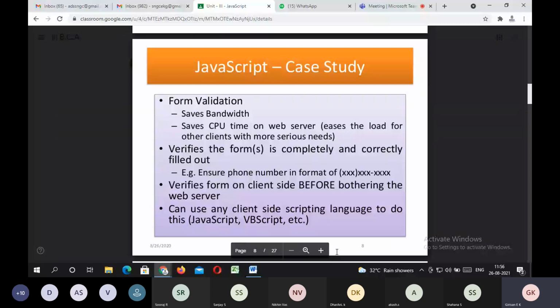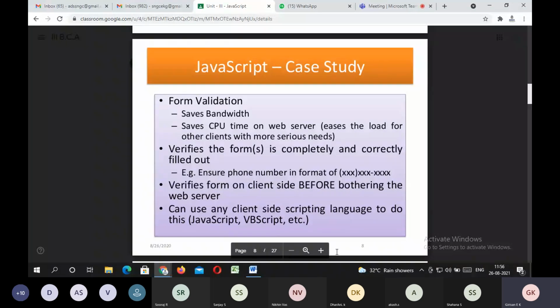Many clients at the same time may access a particular web page. When you go for counseling, there may be lakhs of students accessing a website, or when the results are released. Those kinds of things can be done very easily using JavaScript than the other scripting languages.